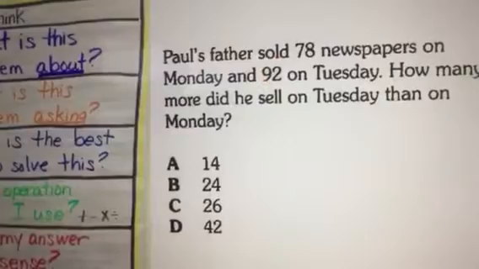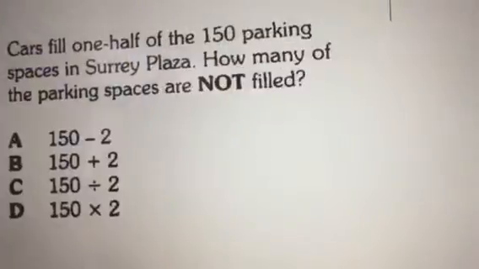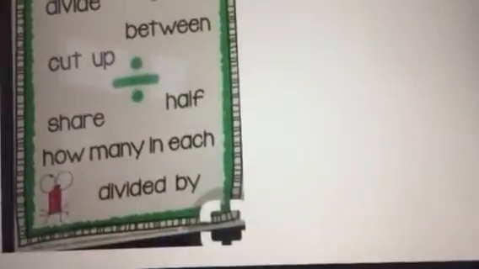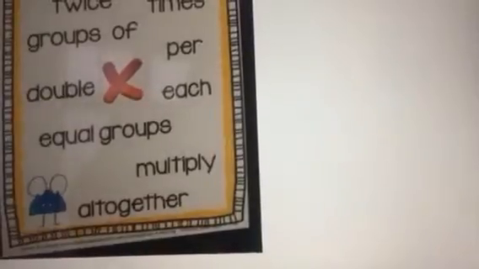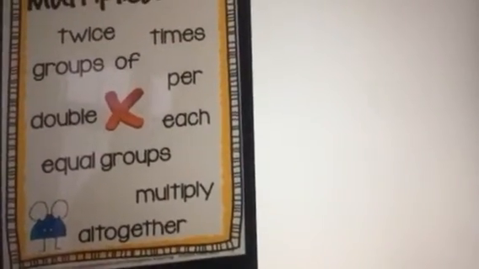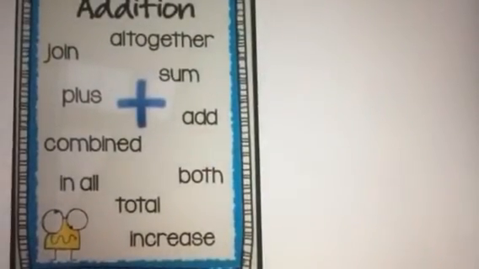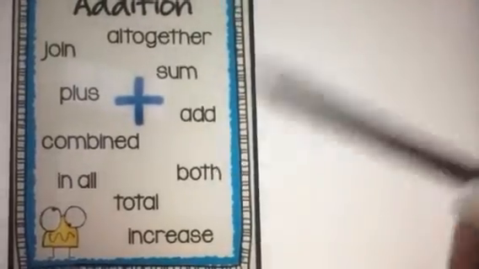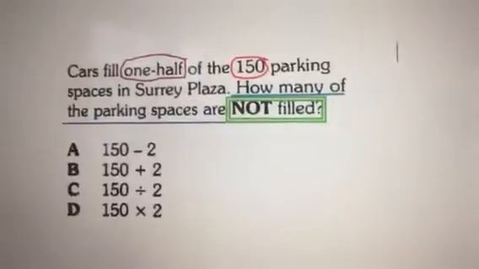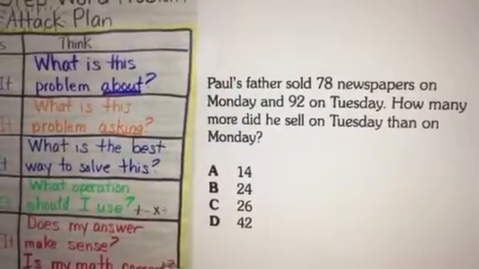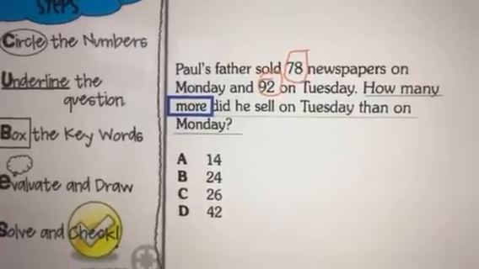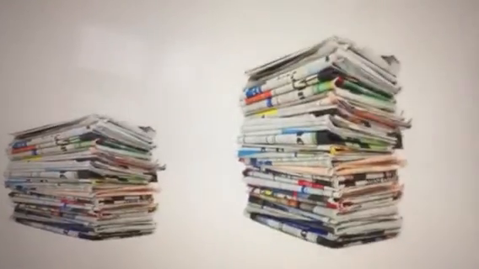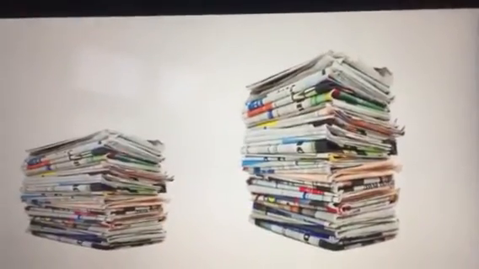And when we talk about more, if you remember, when we went to our division and multiplication, we saw words like more. We saw words like more in addition. Those are the operations we're talking about. So now we're going to come down and we're going to figure out which. How many more? It helps us sometimes to take a look at a visual aid to see on Monday he